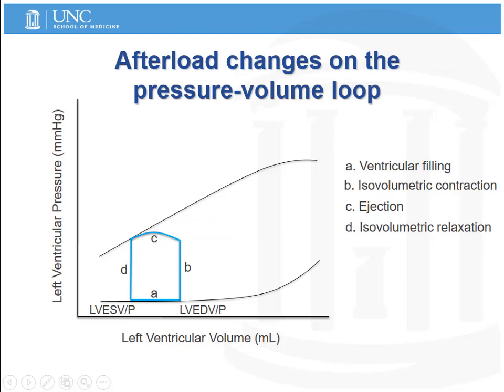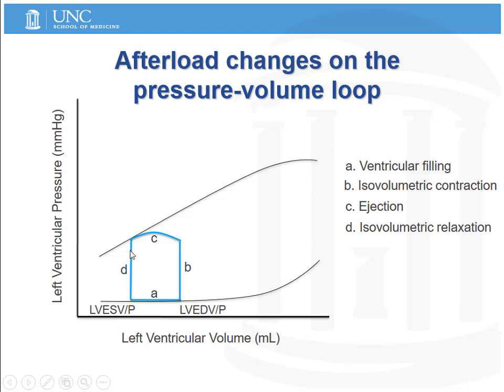Now let's look at the effect of changes in afterload on the pressure volume loop. In this blue reference heartbeat with a standard afterload, we see that the ventricle contracts and generates a large amount of pressure during isovolumetric contraction, which eventually causes the aortic valve to open, and the remainder of that contraction is used for ejection. Then the ventricle begins to relax, the pressure drops below the pressure in the aorta, causing the aortic valve to close, and the